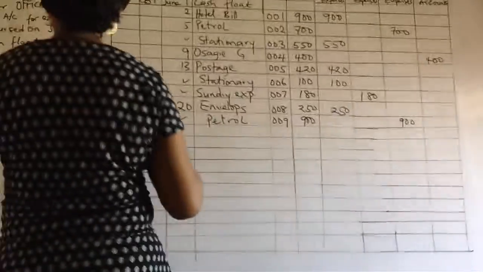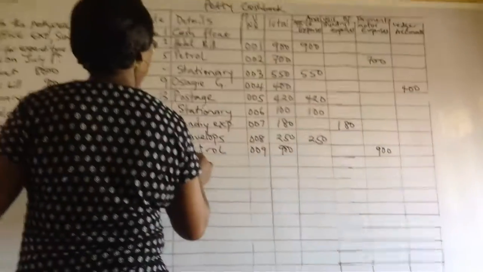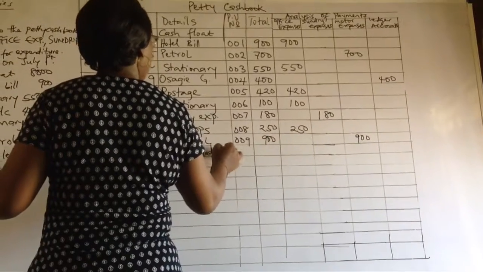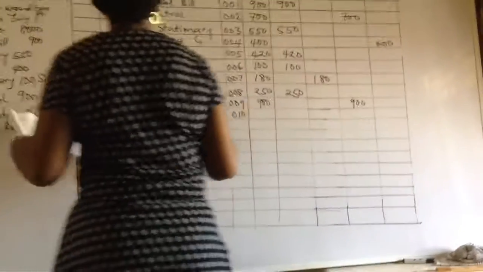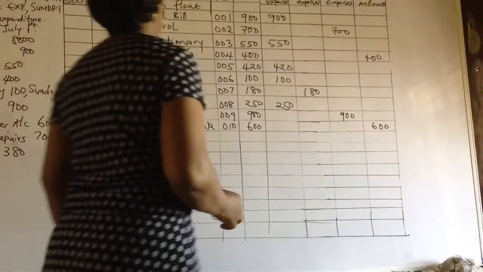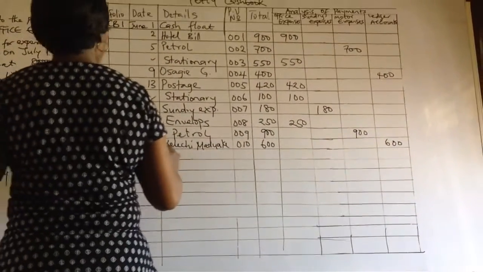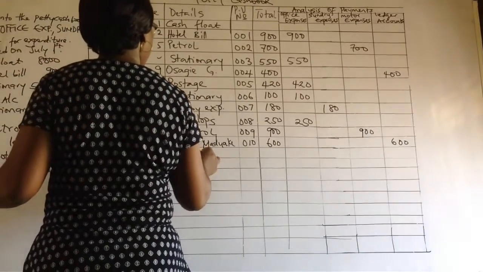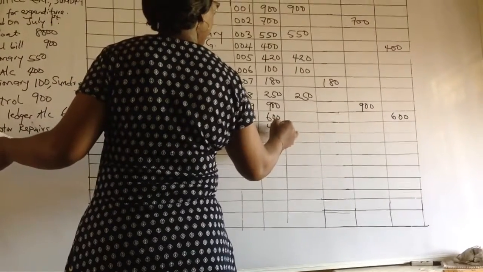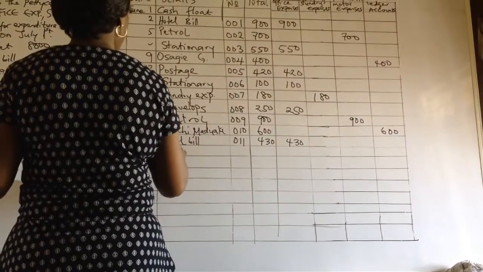On the 24th, you have another ledger entry, ledger account for Kelechi Madueke 010, 600 naira. Then on the 28th, you have another hotel bill 011, 430. The same date, you have motor repairs